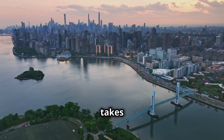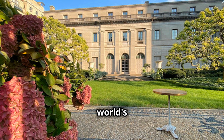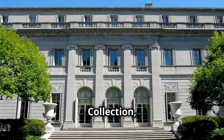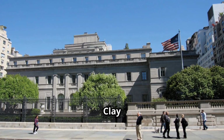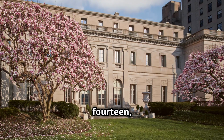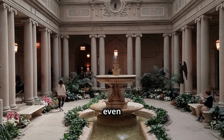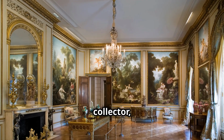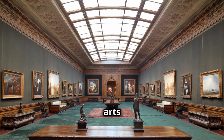Our last stop takes us to the heart of New York City, to a mansion that's now home to one of the world's most impressive art collections. Get ready to be wowed by the Frick collection, housed in the former residence of industrialist Henry Clay Frick. Built in 1914, this mansion is a work of art in itself, but what lies within those walls is even more impressive. Frick, a passionate art collector, amassed a treasure trove of paintings, sculptures, and decorative arts from across the